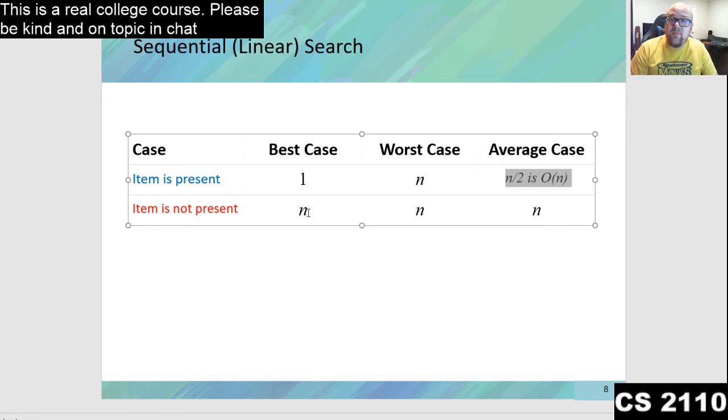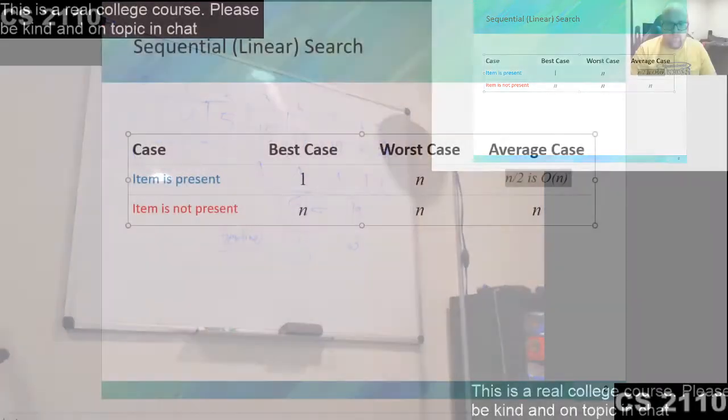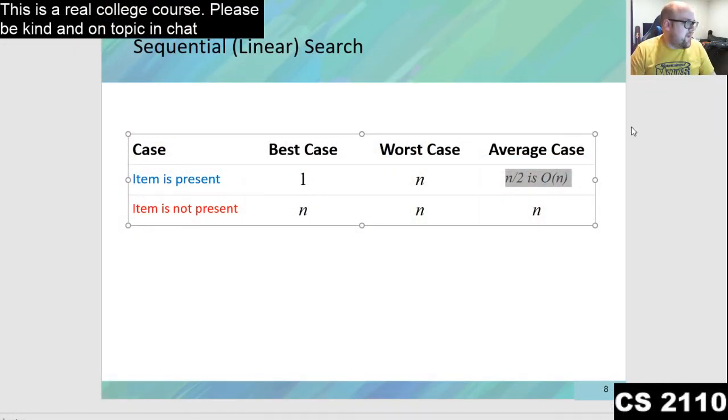If the item is not present, however, in order for us to ascertain that the item is not present, we necessarily need to loop through each of the values, and that takes n steps. So in this way, a linear search is O of n, but that's not the best way to search for things. For example, if I said,